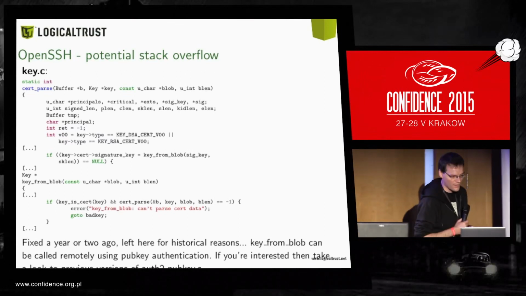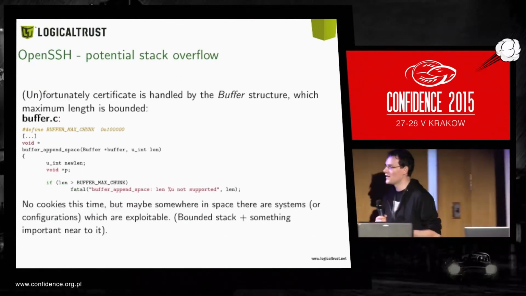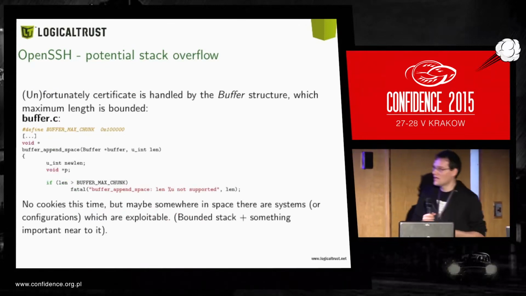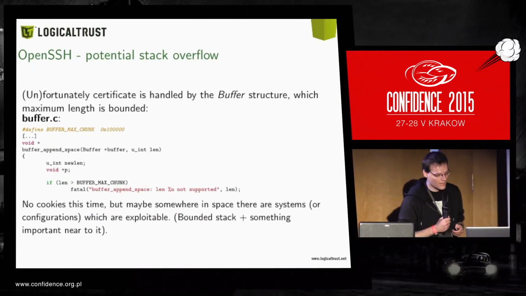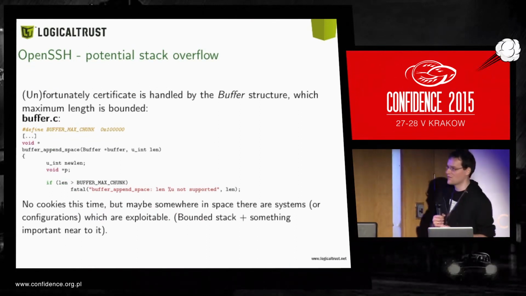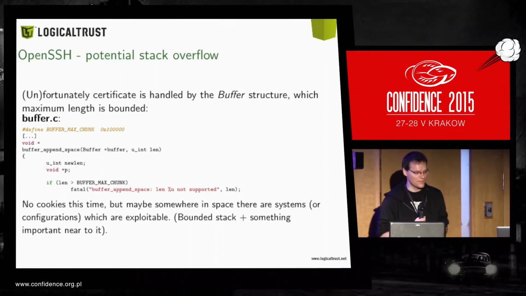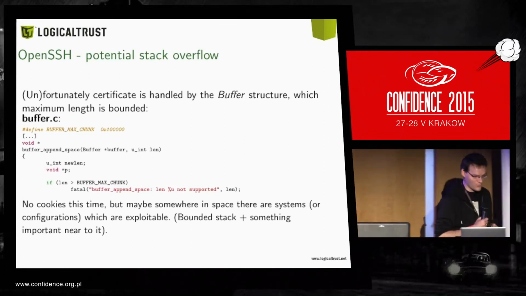So as a result, you can get a stack overflow, but fortunately, those certificates are kept in something called buffer chunks, and they're limited. So no cookies this time, but